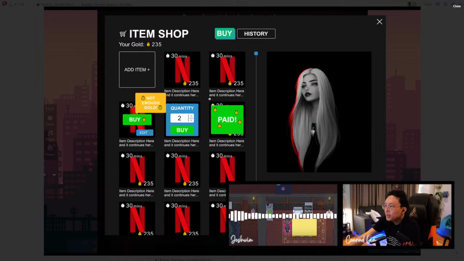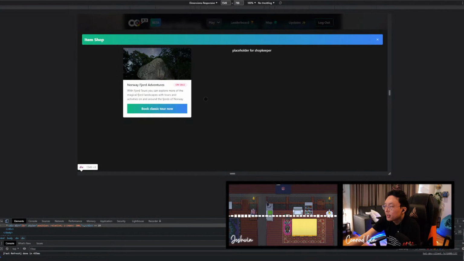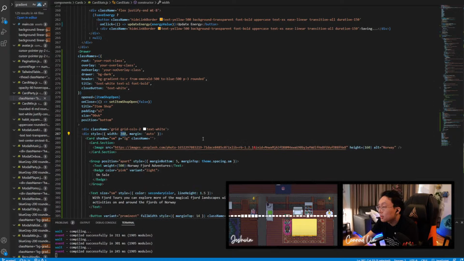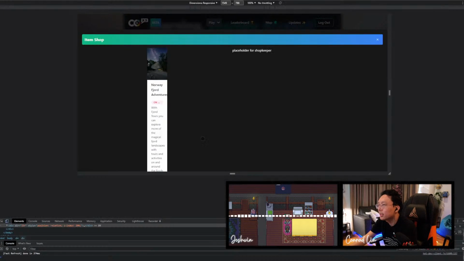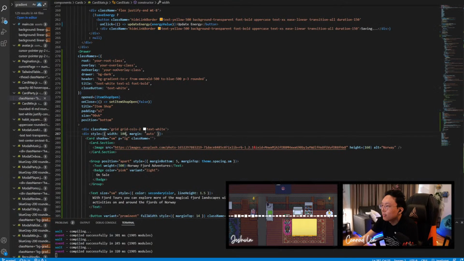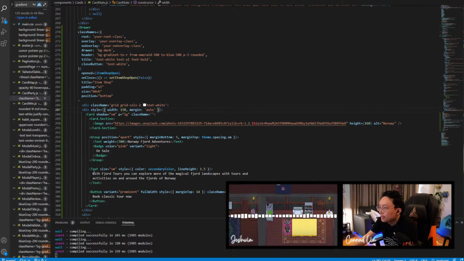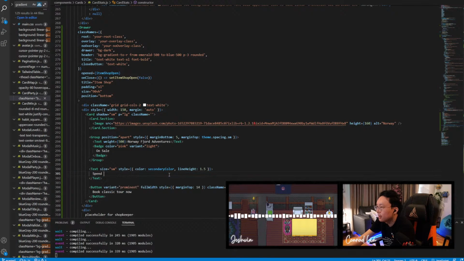We probably also want to do an add item component. So let's just build two components. Let's build one of this, and then let's build how an add item should look. So let's go back into our code now. What we want to do is make this a lot smaller, so let's control the width to be 100. 100 is probably too small. Let's control width to be 150. This text, let's make it Ben Gold on